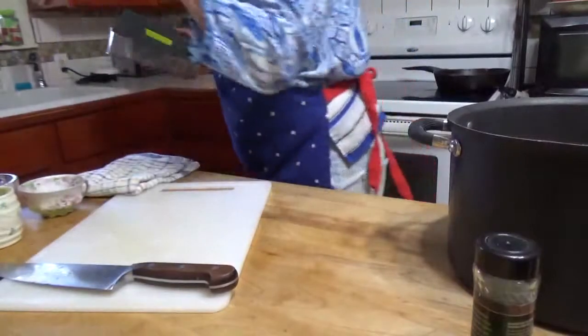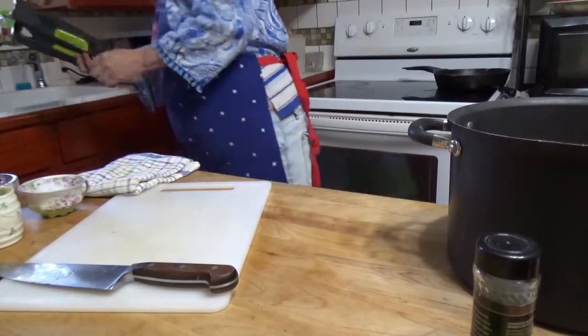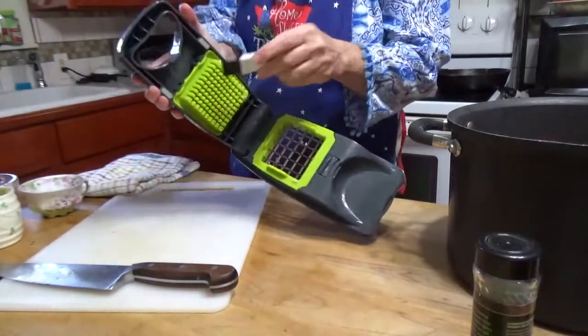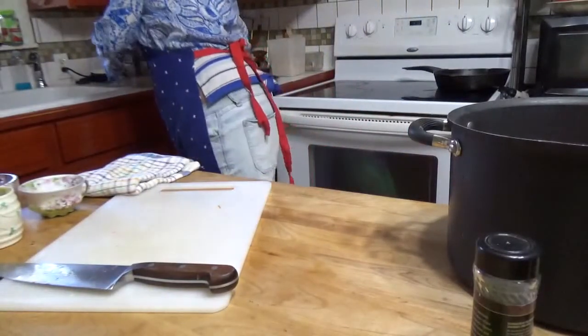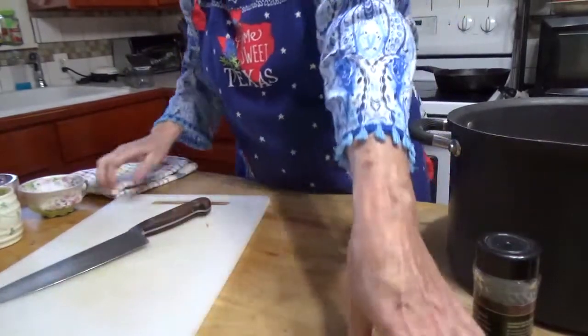All right, we'll set this over. It comes with a little brush for cleaning out this little part that the blade goes up into. So I'll use that after a while. All right, now then